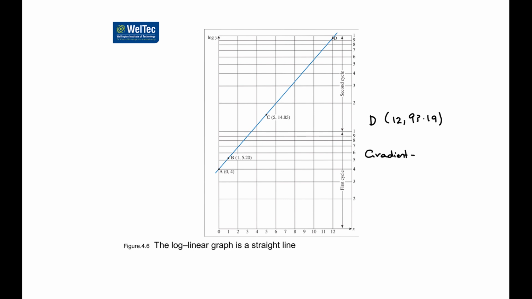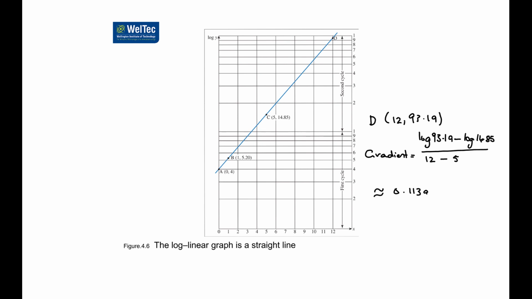It will be log of 93.19, let's make the comparison with point C, so minus log of 14.85, divided by, now D has the x value 12 and C has the x value 5, so it's approximately equal to